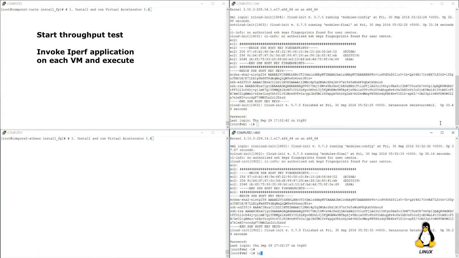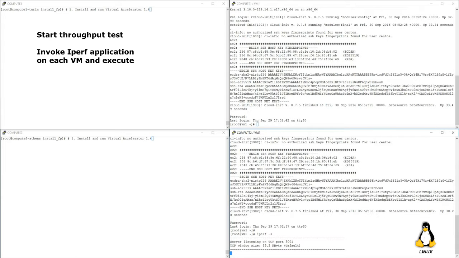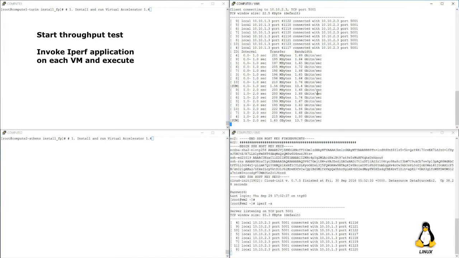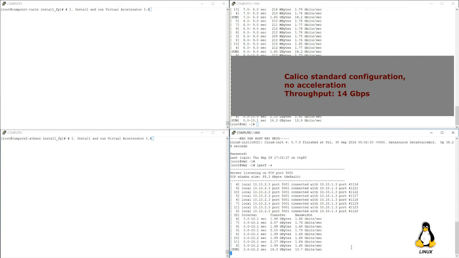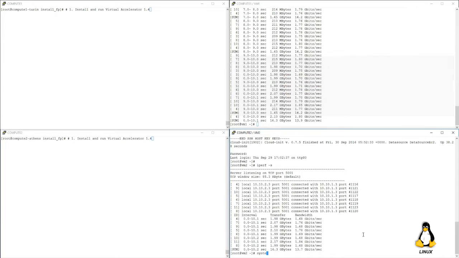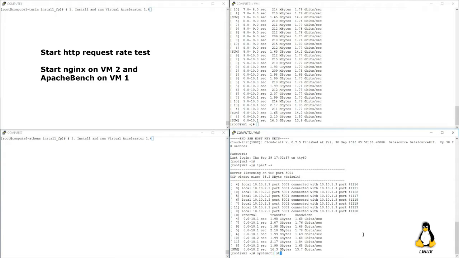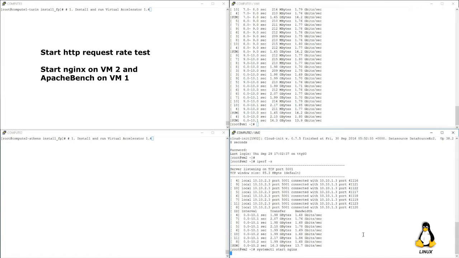Everything is set to start the IP throughput test, and we invoke iPerf on each VM. The Calico standard configuration with no acceleration can forward 14 gigabits per second of data traffic across a 40 gigabit per second link. Next is the HTTP request rate test, and we deploy and start the Apache Bench tool and